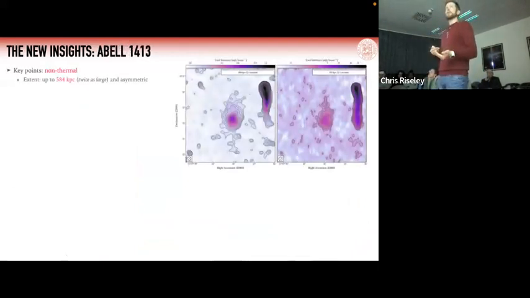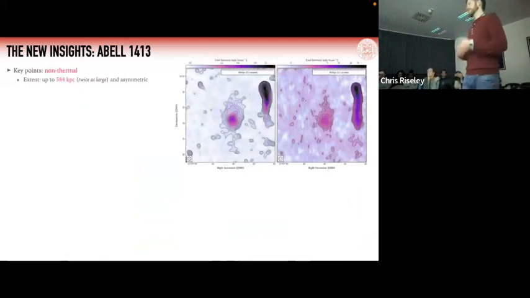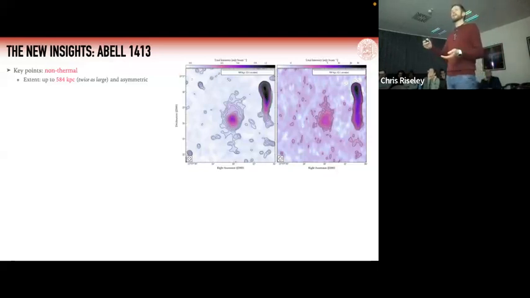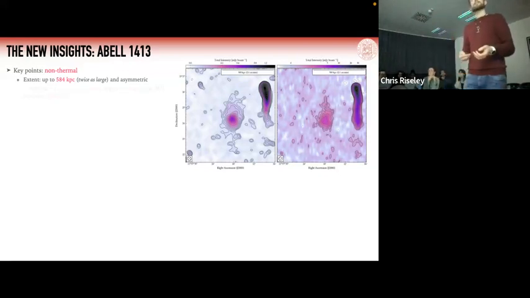Moving on briefly to Abell 1413. Again, from the non-thermal point of view, we're talking radio emission that is about 600 kiloparsecs in size. It's twice as large as it was previously thought to be, and it's also quite asymmetric. Again, I'm showing MeerKAT on the left and LOFAR on the right, which, as an interesting addendum, even though we're firmly in the northern sky, which you might think of as LOFAR's territory, MeerKAT's sensitivity, dynamic range and imaging performance is still phenomenal, even at declination plus 25 or thereabouts. So consider using MeerKAT in the northern sky, not just the southern sky, because it's a phenomenal telescope.